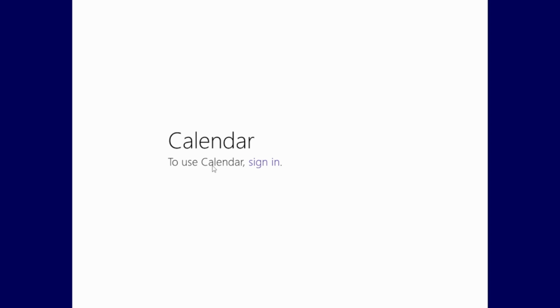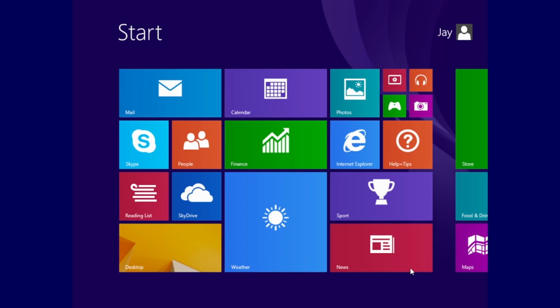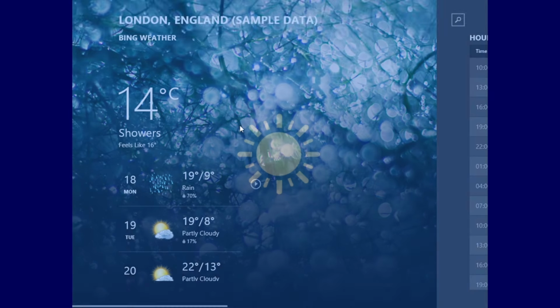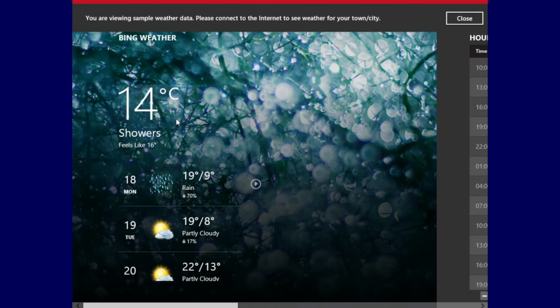Now, if you wanted to go back to the start screen and open another Metro app, which you can do, how do you think you do it? Well, you can use the key on the keyboard, and from there, let's go into weather. That's not going to do anything, but okay. Yes, it is. Okay, so apparently it's 14 degrees, showers, feels like 16.